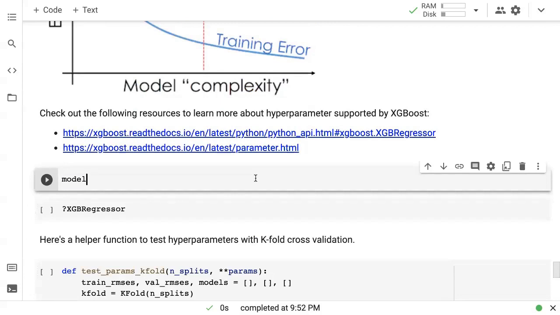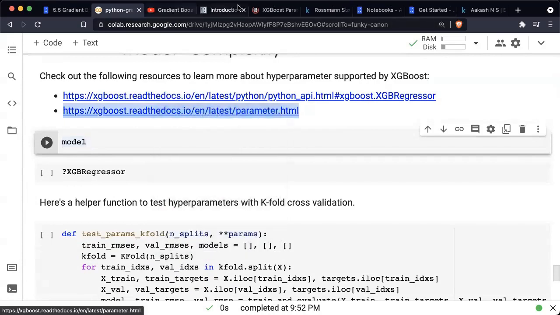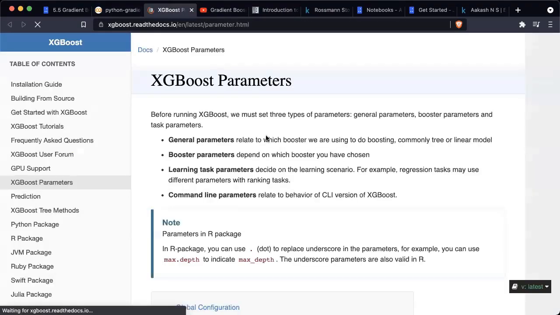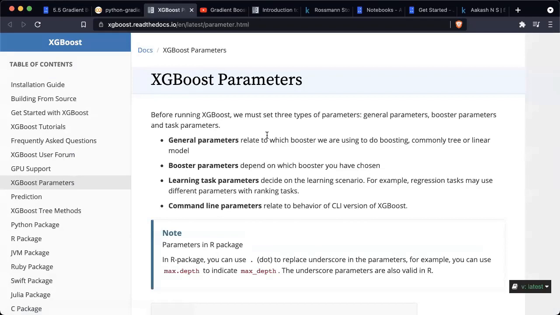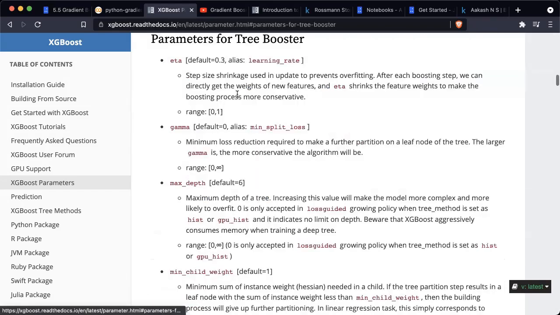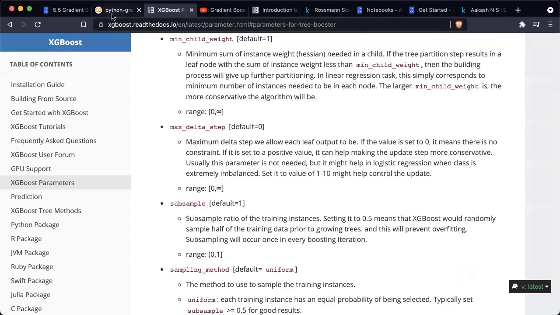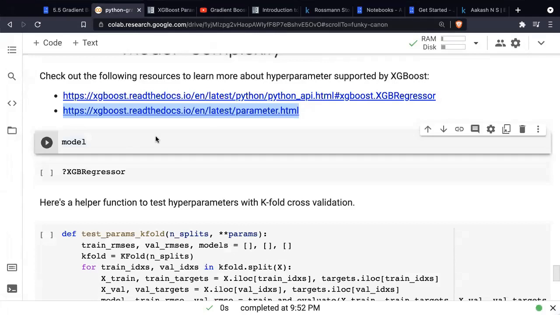Okay. And XGBoost has quite a few hyperparameters. You can check out the documentation here, and there's a detailed explanation about each of the hyperparameters. So once you have that intuitive picture in place, average followed by a decision tree to correct the residuals, followed by another decision tree to correct the residuals, and how we make predictions is simply adding up all the predictions, but with a learning rate applied. Then you can check out all of these different parameters here. This is the learning rate. This is called the min split loss, max depth, min child, etc., etc. Okay, everything to do with trees.